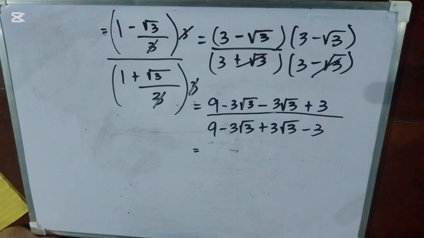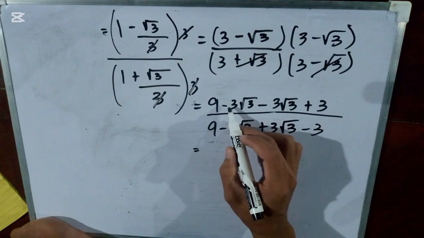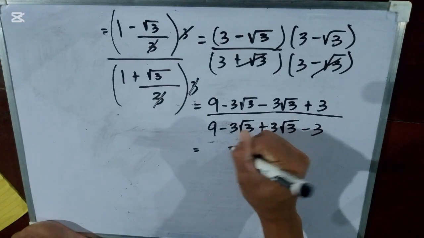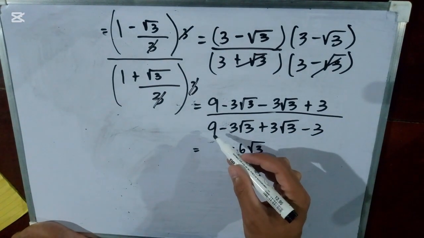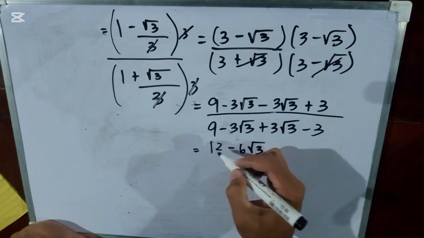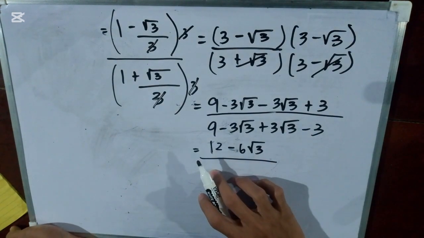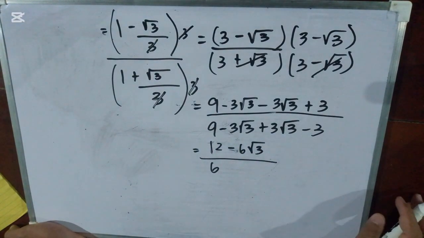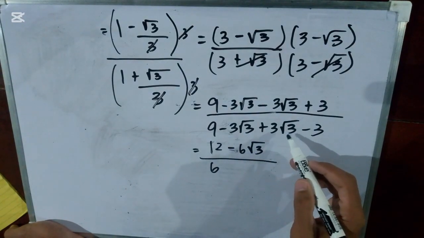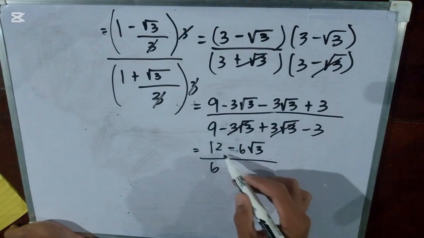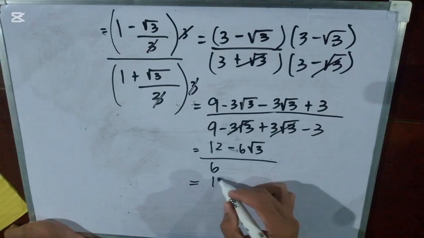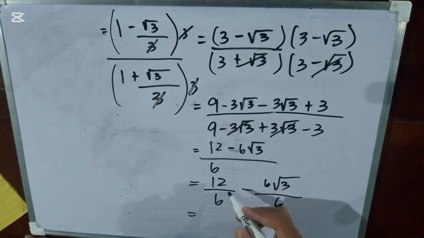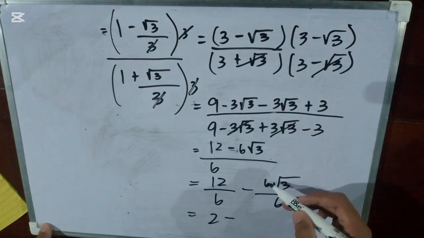And now let us simplify the numerator and the denominator. Negative 3 root 3 minus 3 root 3 will be negative 6 root 3, and 9 plus positive 3 will be 12, and continue to the denominator. 9 minus 3 will be 6, and negative 3 root 3 plus 3 root 3 cancel, and let us separate this into two fractions. 12 over 6 minus 6 root 3 over 6. 12 divided by 6 will be 2. And 6 root 3 divided by 6